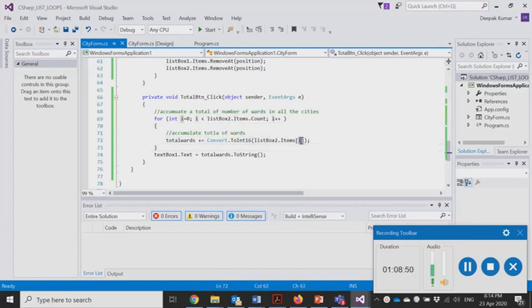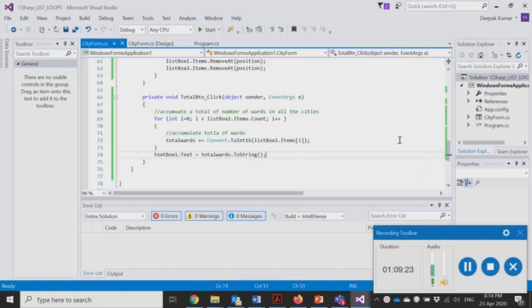Item 0 gives you the first value of the list items in the list box. This would obviously give you the first item, wards in this case, and this list box 2 represents the number of wards, remember that. So here we can calculate a cumulative total, or we can do accumulation of the total of all the items in the list box, and then we display that into a text box by converting that into a string value.